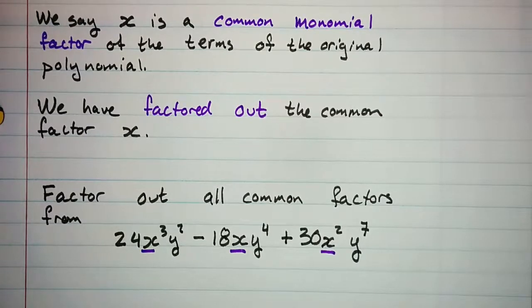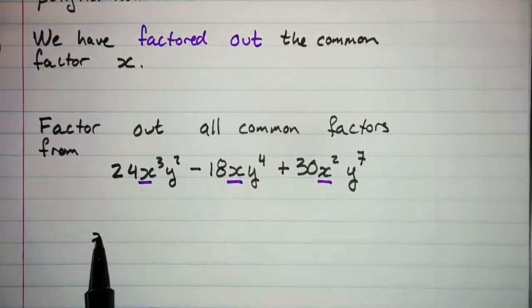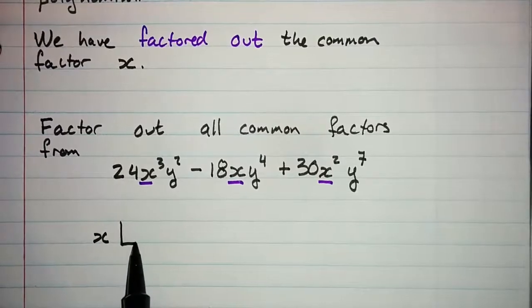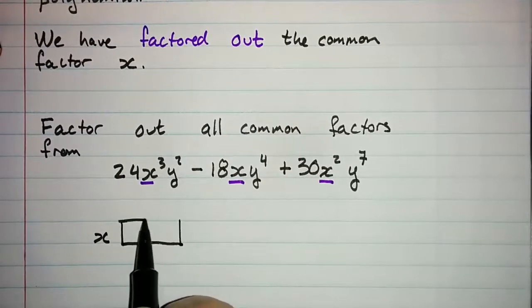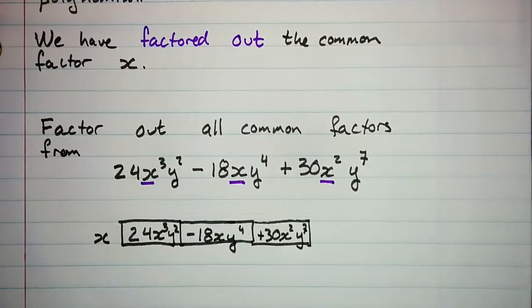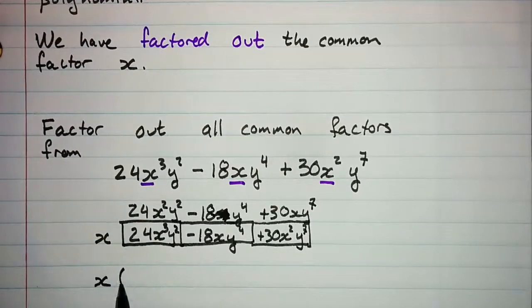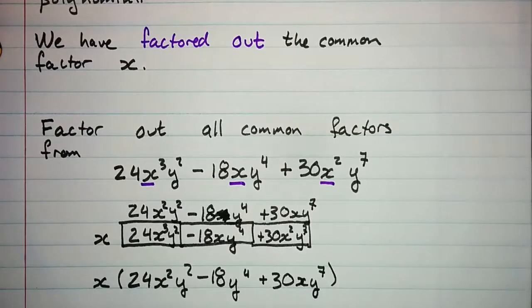The highest power of x I'll be able to divide all three terms by is just x to the first. So I'm going to go ahead and divide that out. If you can already see what the quotient is going to be, you can skip writing out this step, because each of these terms is going to have one less power of x in it. So thus far I have x times 24x squared y squared minus 18x to the fourth plus 30xy to the